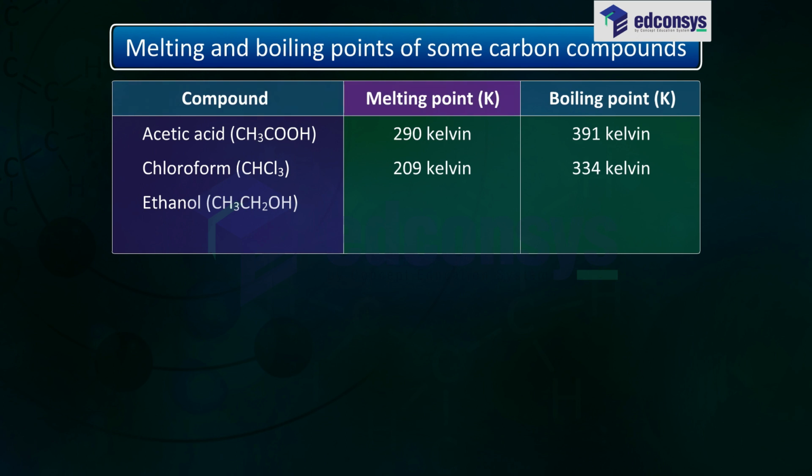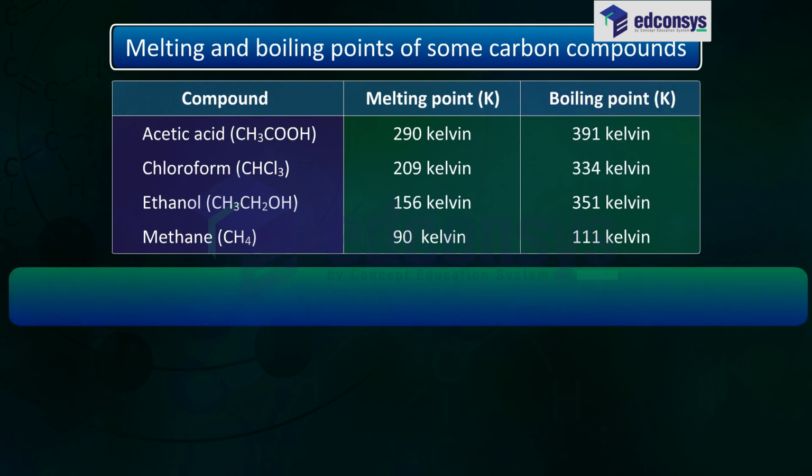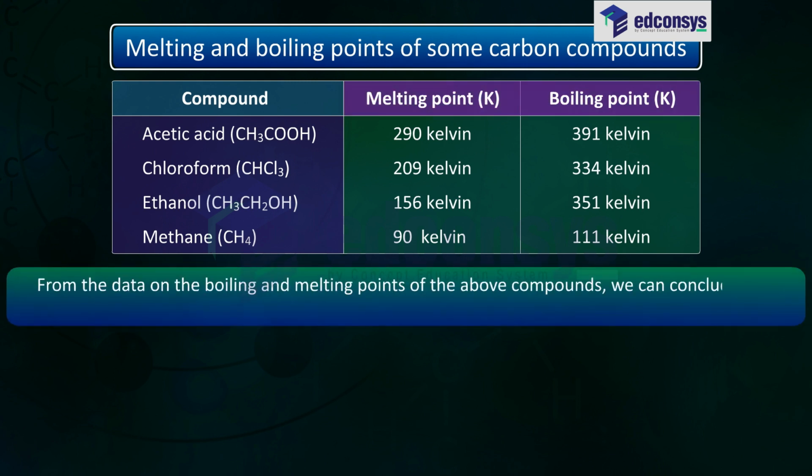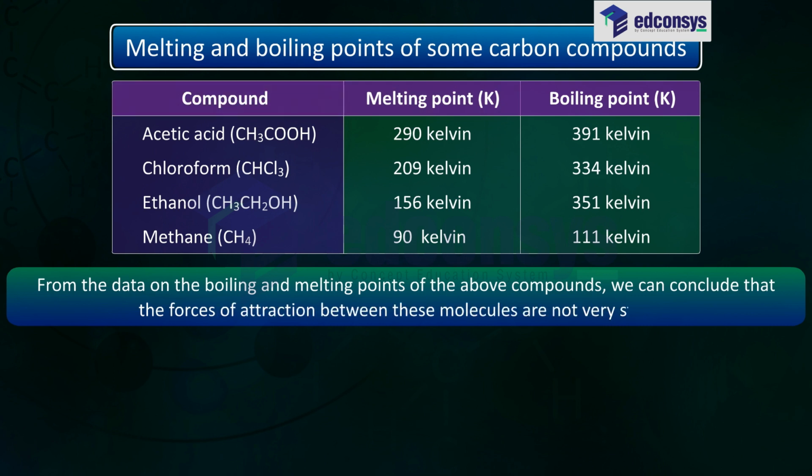Compound: ethanol, CH3CH2OH. Melting point 156 Kelvin. Boiling point 351 Kelvin. Compound: methane, CH4. Melting point 90 Kelvin. Boiling point 111 Kelvin. From the data on the boiling and melting points of the above compounds, we can conclude